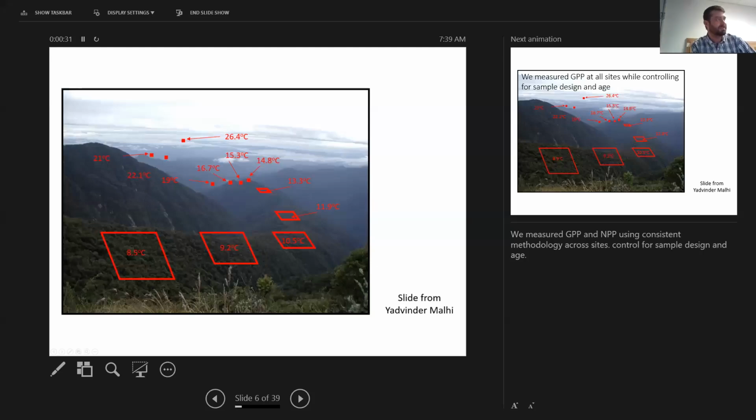Huge gradient of mean annual air temperature then, all the way from 26 degrees to, oh,